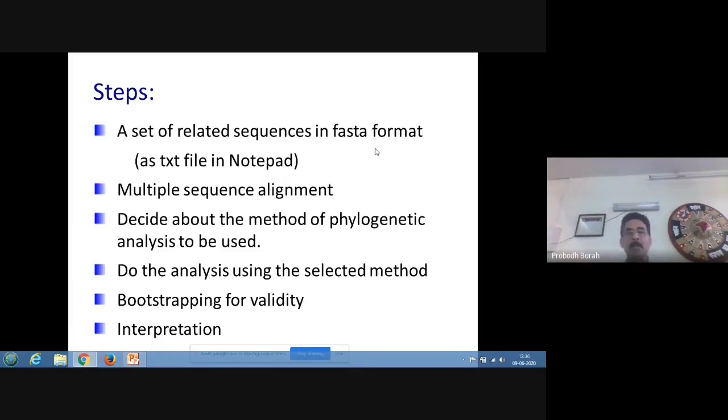I have given you two files. One is the file consisting of the COX-1 gene, which is a mitochondrial gene sequence from different species of animals. That is one file that is created in FASTA format. Already you have it. So that contains the DNA sequences. And another file I have given you contains certain protein sequences in the FASTA format, and the file was created by using Notepad. As a text file it was created, and it contains the prion sequences.